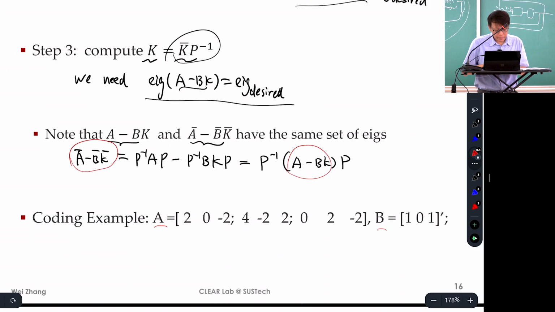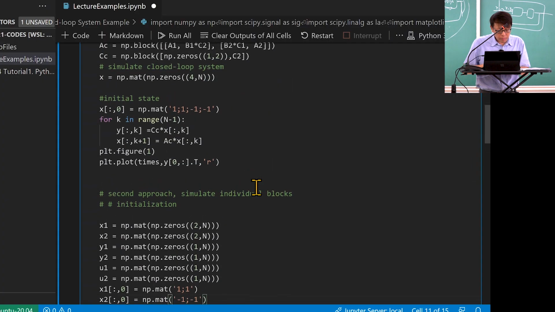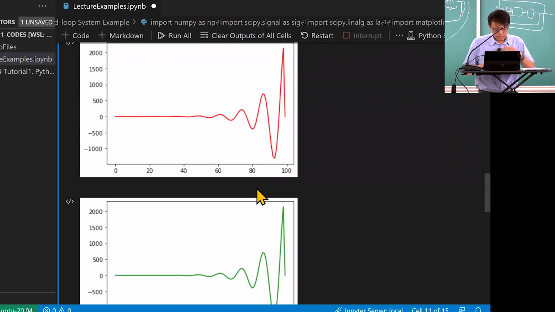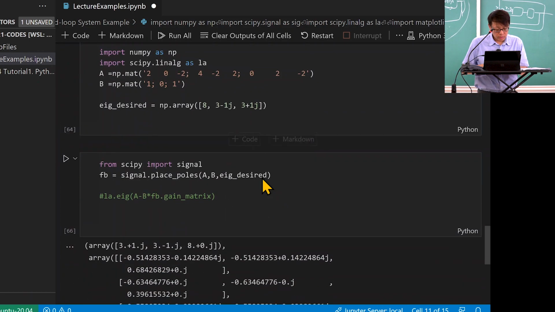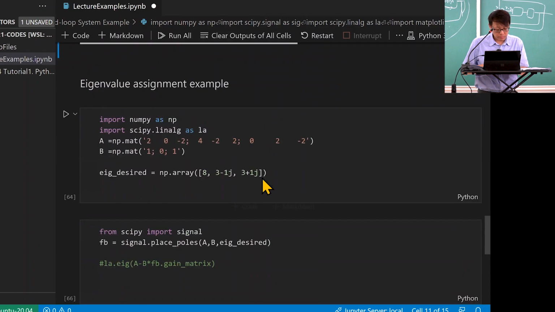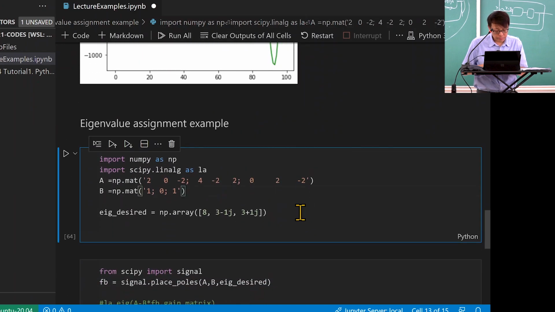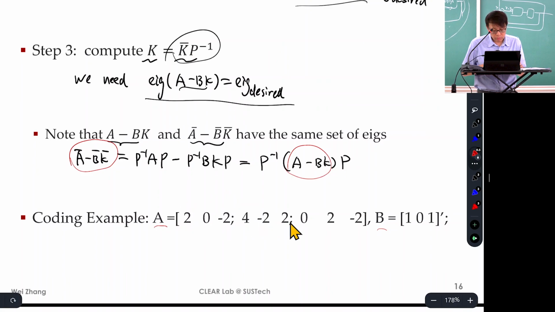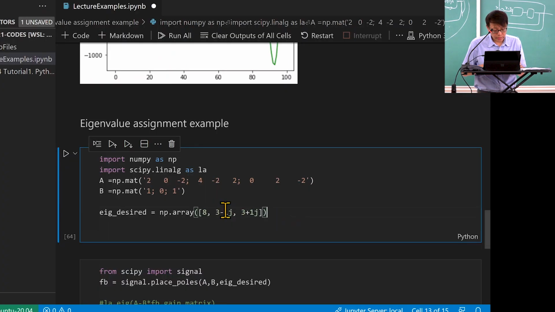Let's do it together. Hold on. Let's see, I think that's the matrix, right? 2, 0, 4, is that right? Okay, these are the A, B matrix. Our desired eigenvalue is,